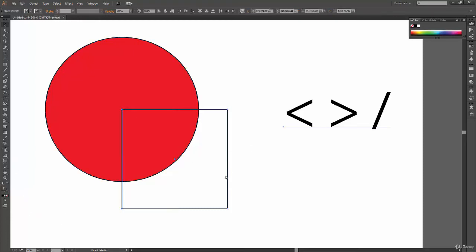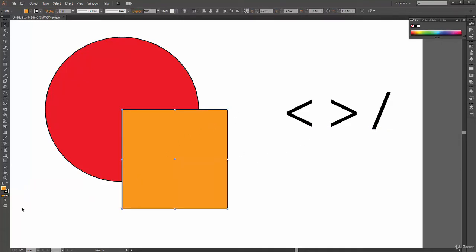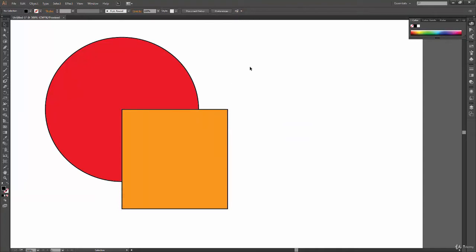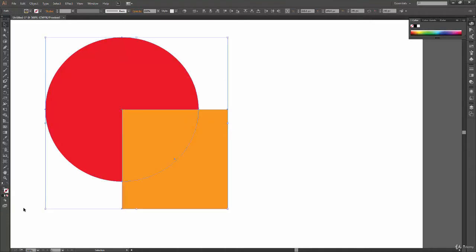So let us just undo it, and one more thing we can do is we can select both the shapes and select the outline and just remove it. Because both shapes share the same property like the fill and the outline. So Illustrator can work together for this. So you can remove the outline for both of them together.